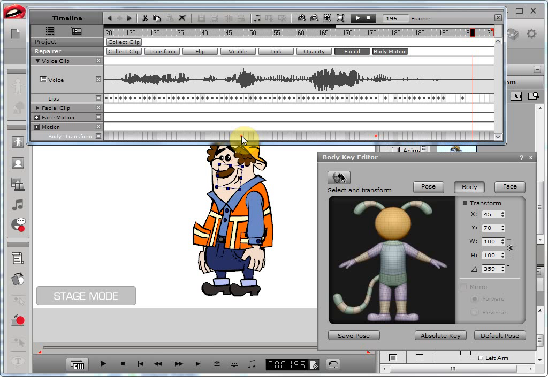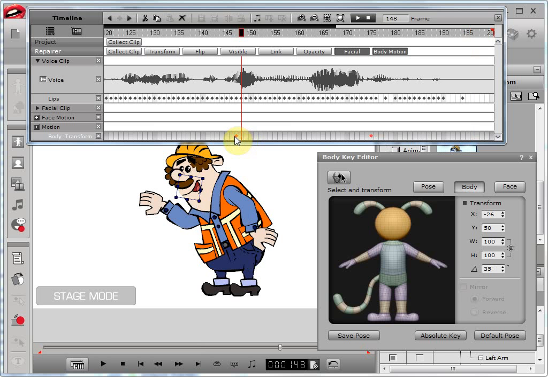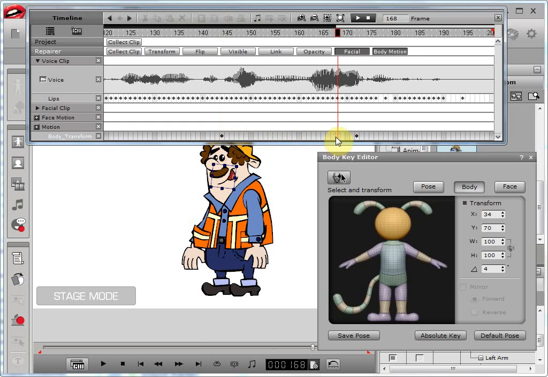It's a rule. 4 frames ahead, all key poses except first one. Okay, I select it and then just click on it and move 1, 2, 3, 4. Okay, now